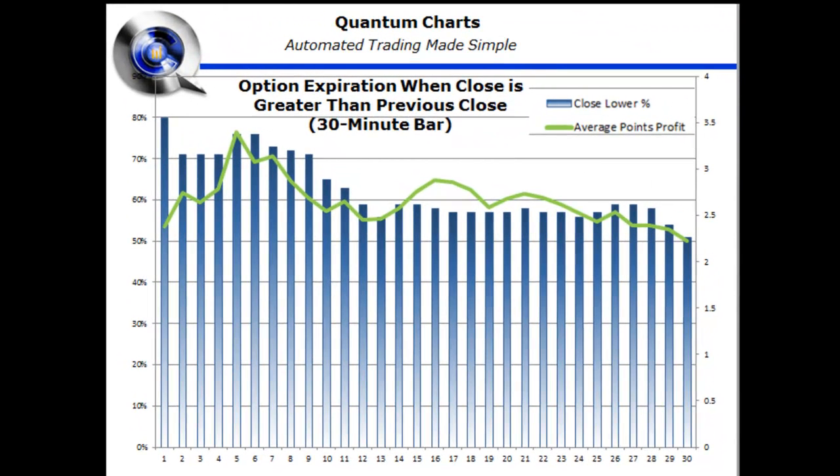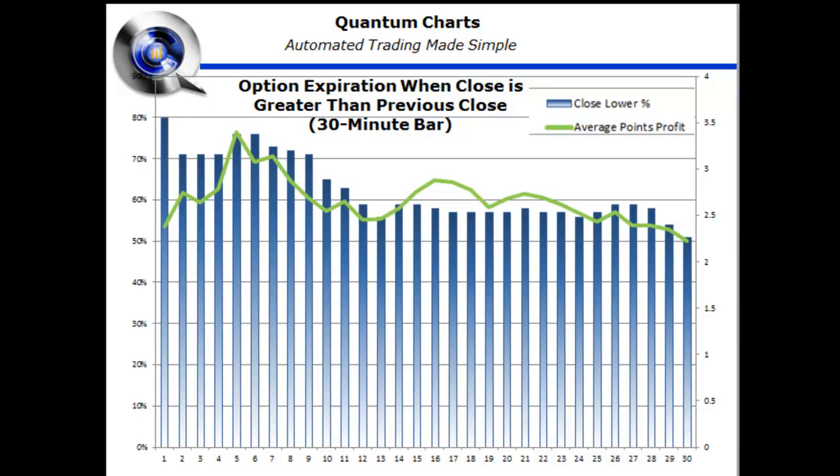You can only imagine what you can do with Quantum Charts from this point on. Not only with strategies in general, but with just this one particular strategy. You can use different conditions, you can change up the time frames, you can use different combinations of conditions, price action conditions, you can throw in some indicator conditions in there. But just to give you an example of how easy it is to alter, to customize, to test, and to try out different things, I want to show you just one condition that we added to this.